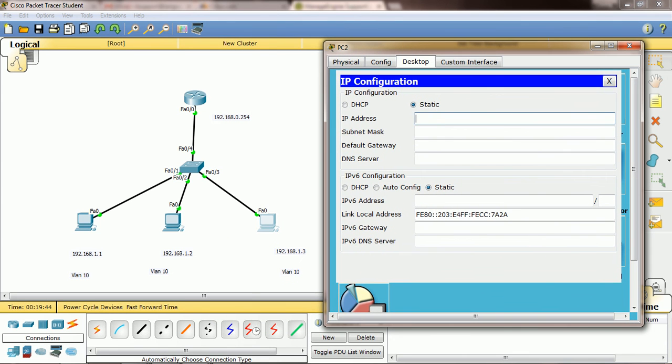So here I am going to assign this IP address, 192.168.0.3, and 192.168.0.254 is the default gateway.